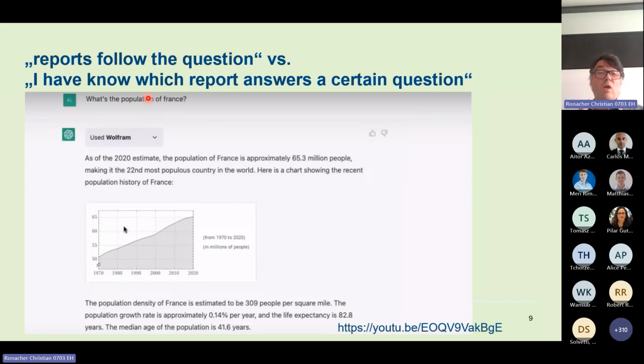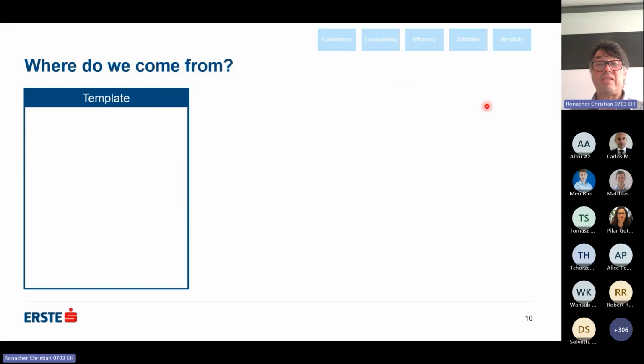So I want to present those missing links and gaps and what we did here. But in order to understand that, you have to know where we come from. This is also a presentation where I want to illustrate the key concepts, what we do a little bit differently than maybe others. So in 2015, we decommissioned about 8 treasury systems, and they were replaced by one system. And we had to come up with a new framework for how to report.